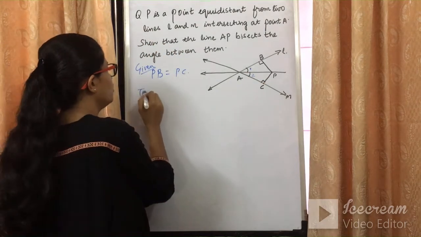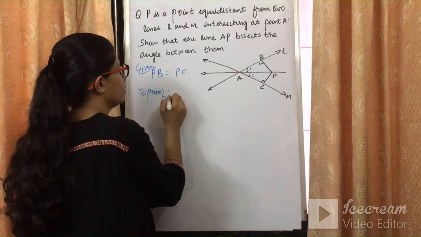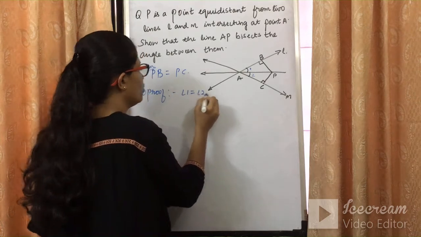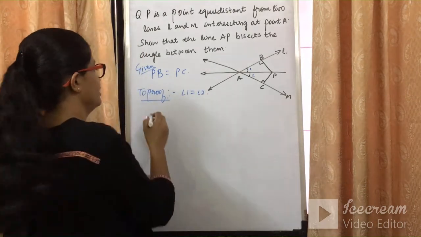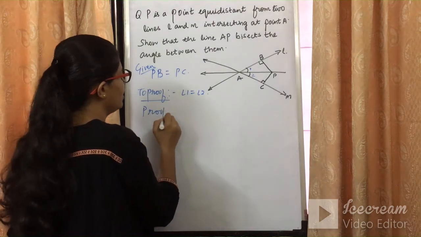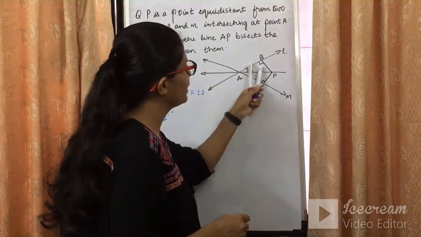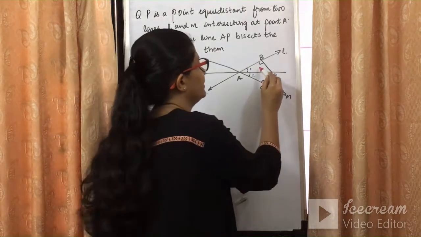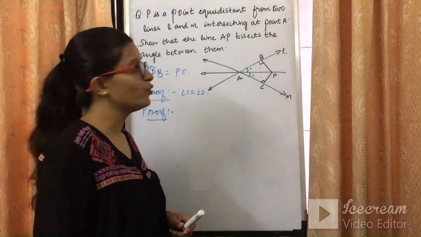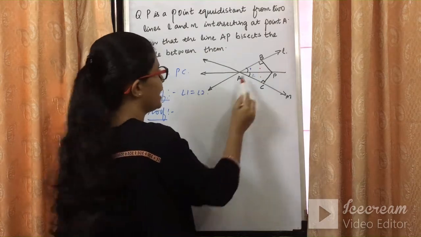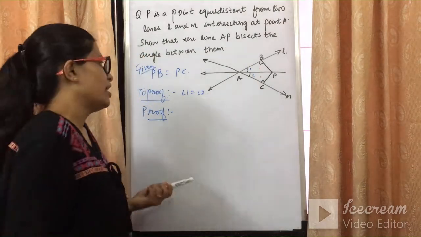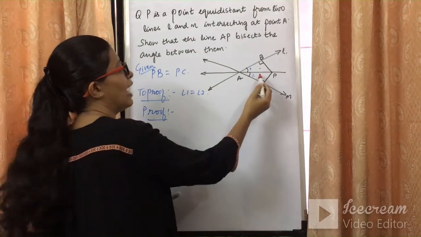So what we need to prove in this question is angle 1 is equal to angle 2, हमको prove करके दिखाना है. So let's start with the proof over here. हम क्या प्रूफ कैसे प्रूफ कर सकते हैं? अगर हमने ये दोनों ट्राइंगल्स कॉन्ग्रुएंट प्रूफ करके दिखा दिए, if these two triangles are congruent, so we can say that angle 1 will be equal to angle 2 and the job is done. So let's see how we can do that.